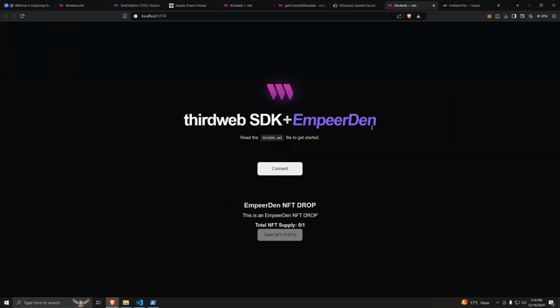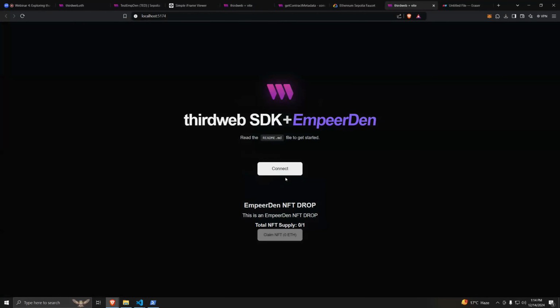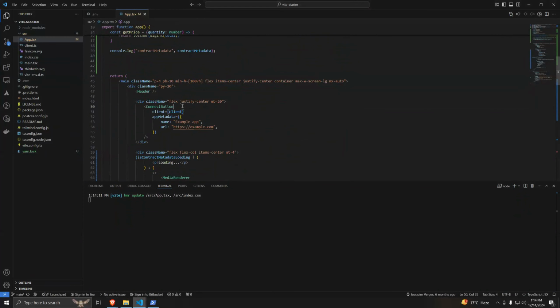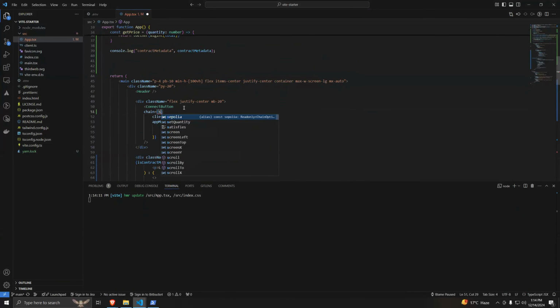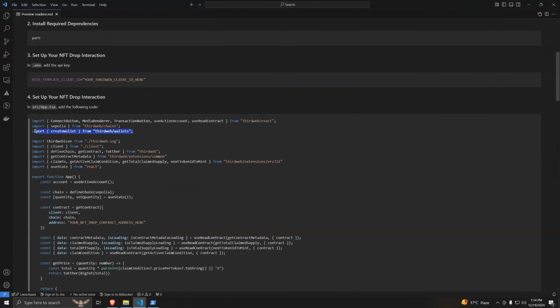The app is created. So now before going to anything, it is locked. Let's connect our wallet. So we can also add the wallet to just use our chain. Chain should be Sepolia, and we can say wallets, and we can say createWallet. It's importing this from the wrong place. Let me copy this createWallet from thirdweb wallets,